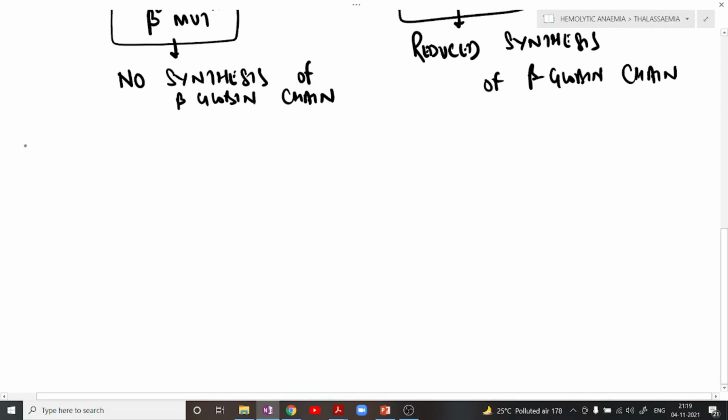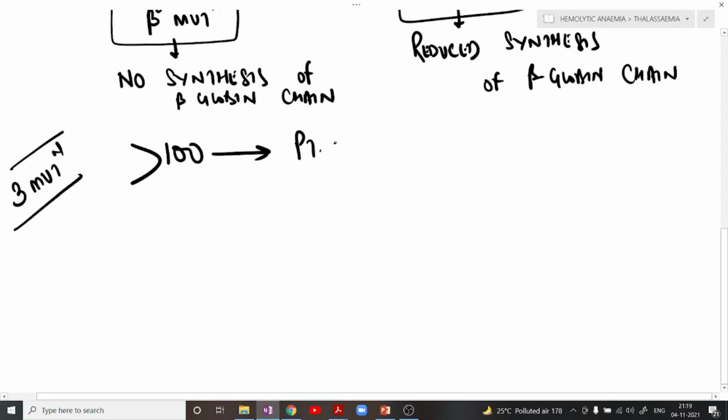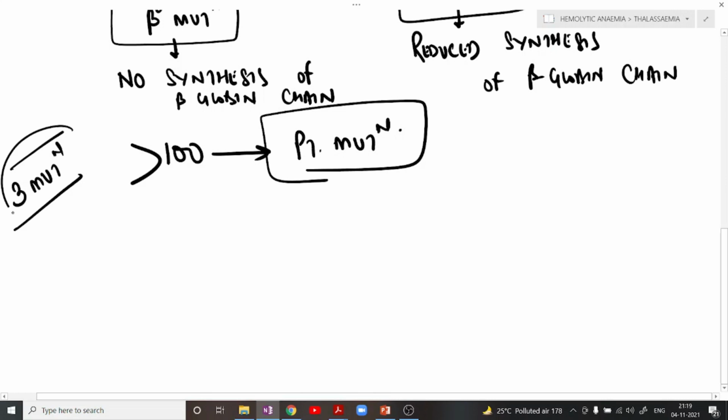Now a very important thing to include over here in the molecular genetic part is that there are three important types of mutations that occur. Okay, so in case of beta thalassemia, there are more than 100 types of point mutation. But here we are going to discuss only three important mutations. So what are those three important mutations? Let us try and see. So, three important point mutations that we are going to consider in the pathogenesis of beta thalassemia.